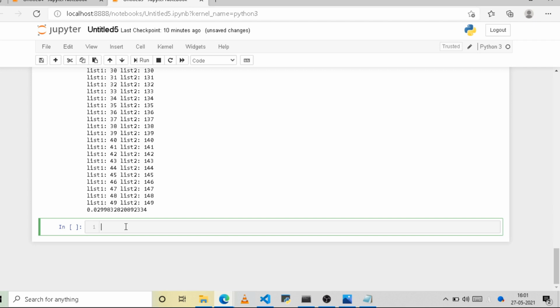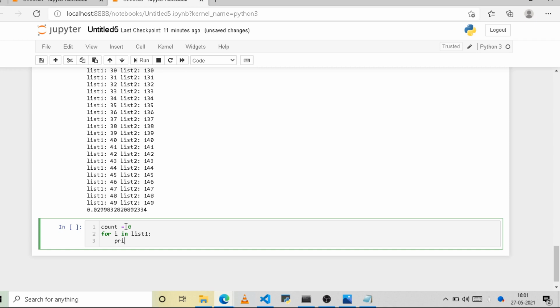For example, I'm going to create a counter variable called count and initialize it with 0, and then I will loop over list 1, and now I will print the value of list 1 with i, comma, list 2 with list 2 of count variable.